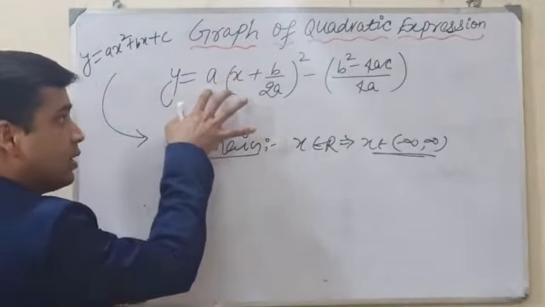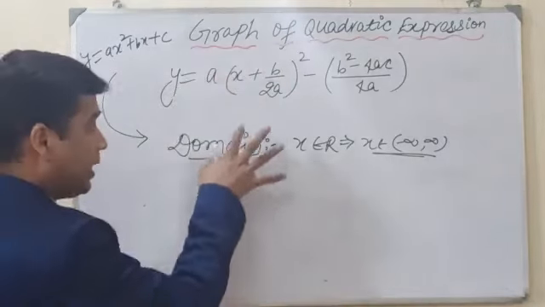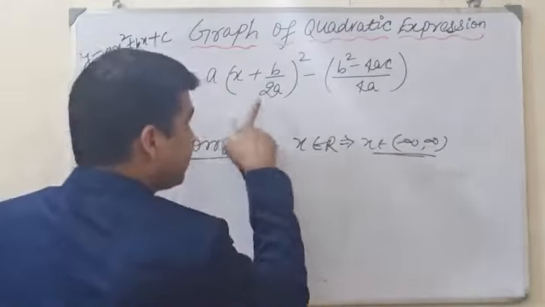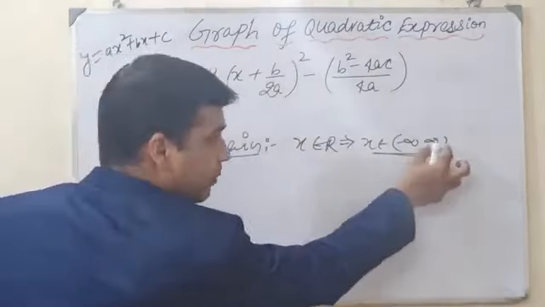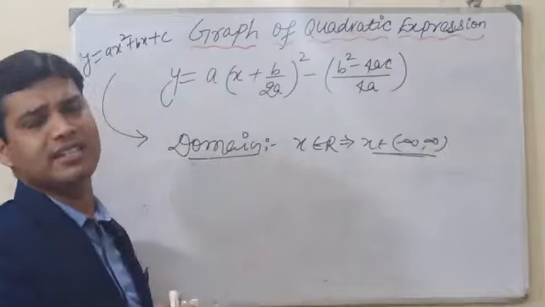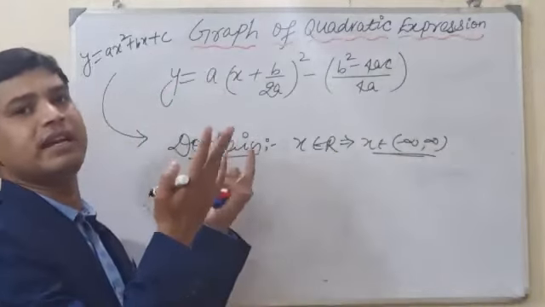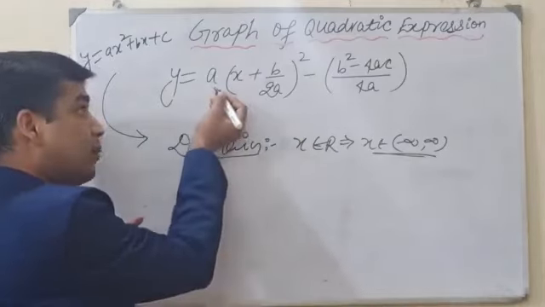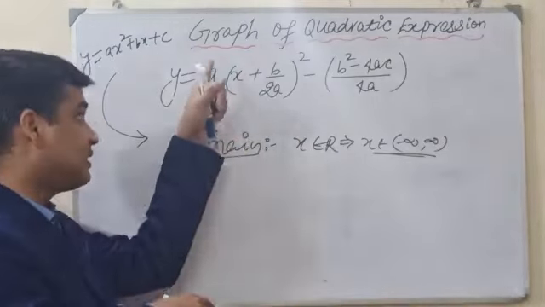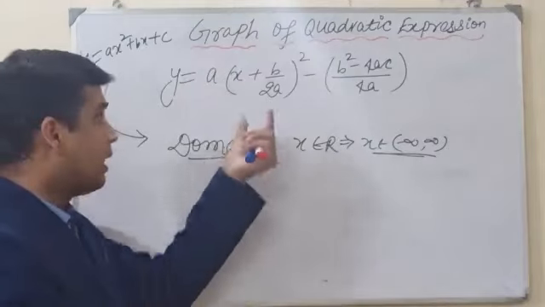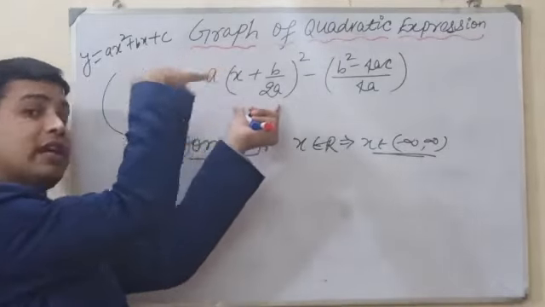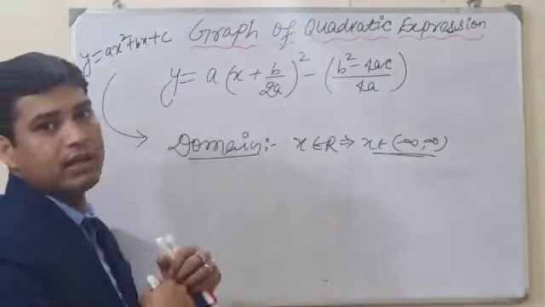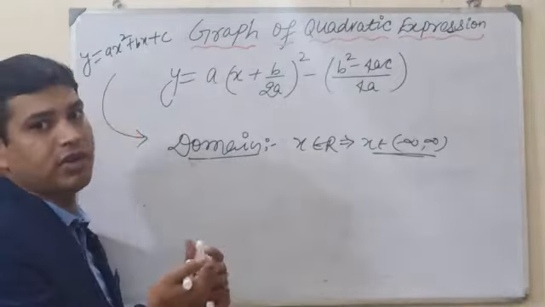If this is positive, we will get positive, but if this is negative, we will get negative. Suppose that in place of x we put infinity, a very large number. When we square it, we get a very large number. If the coefficient is positive, we get positive, but if it is negative, we get negative. Why? A large number multiplied by a positive gives positive, but multiplied by a negative gives a very small number, a smallest value.